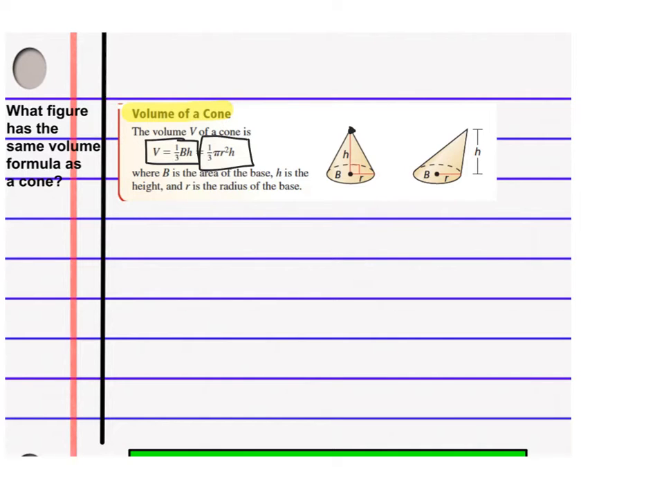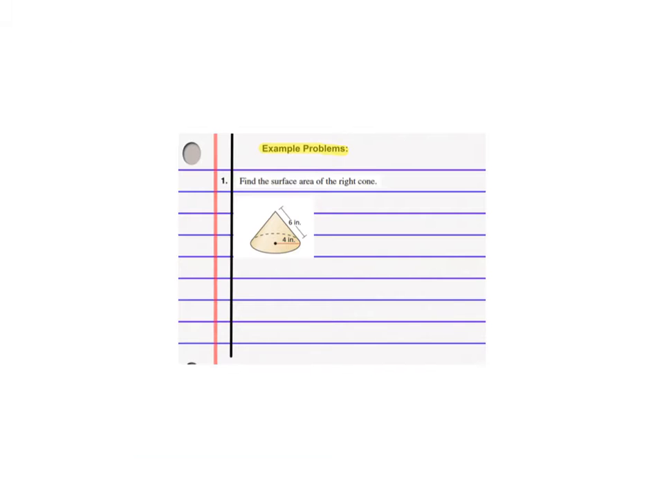And please don't get confused. Volume uses H. H is always perpendicular and not L, which would be that. All right, so that's something students commonly get confused. All right, let's try